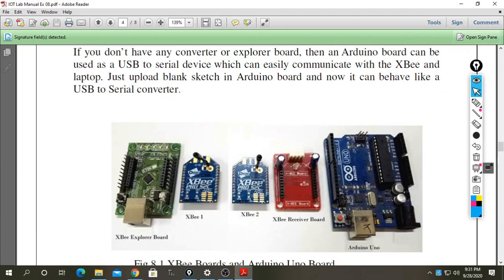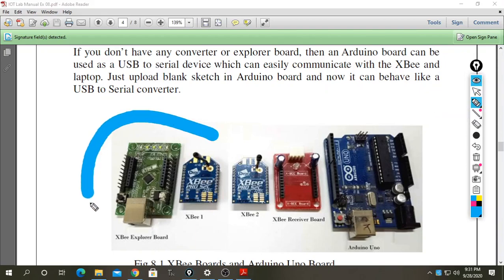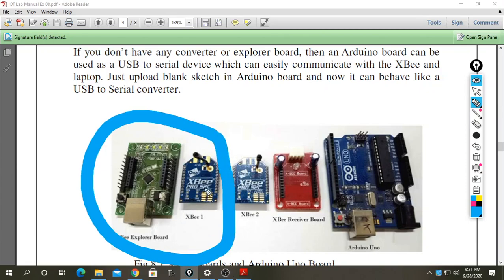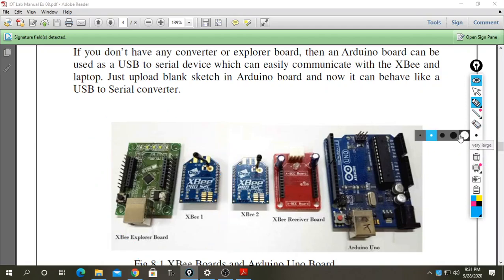Here you can see these 3 are in a bundle package and these 2 are in a bundle package. I have to first set this board over this Explorer board. This board is my receiver board.